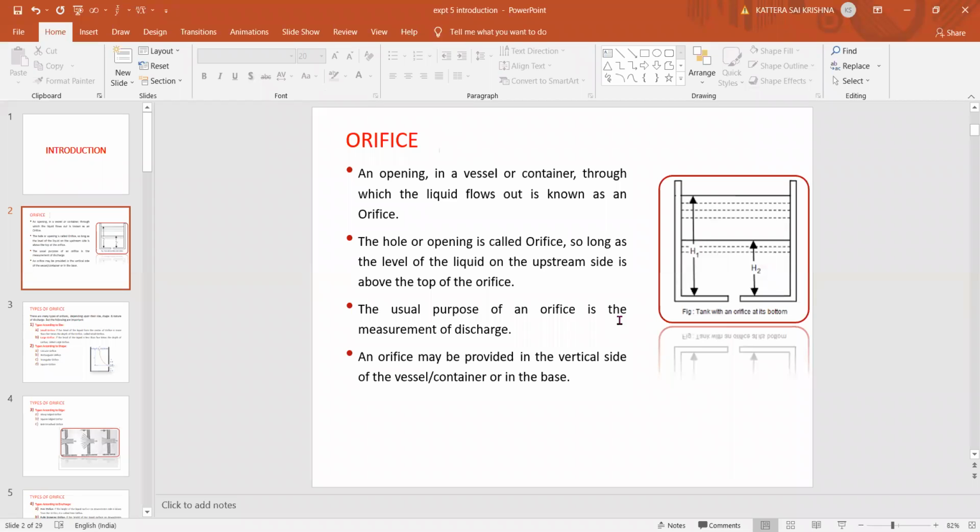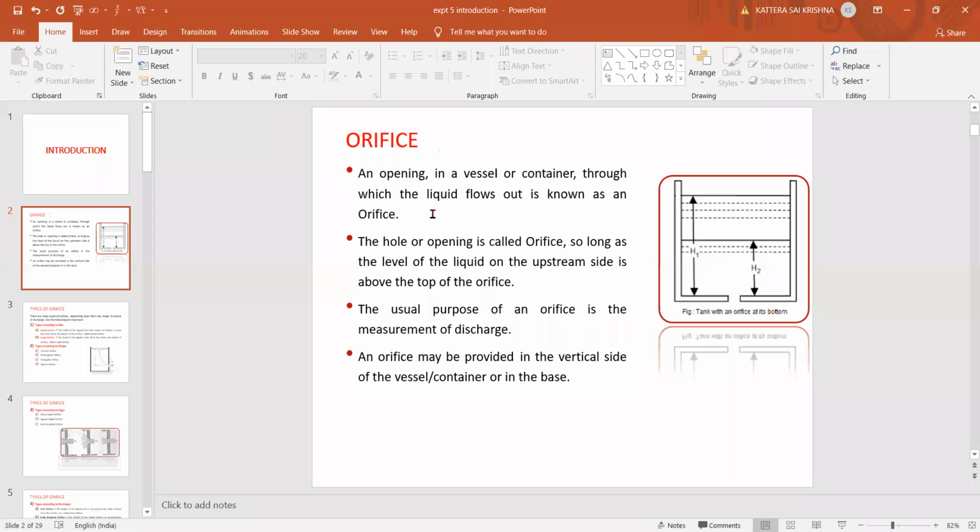Already you know what is Q. Q is discharge, which is area into velocity. Here the water comes with a high velocity, so that velocity V is taken as under root of 2gh. H is the head of water available in the tank. So the theoretical discharge is calculated as area into velocity, that is Q theoretical equals A naught into under root of 2gh. While seeing the experiment, we can see the formulas for that.